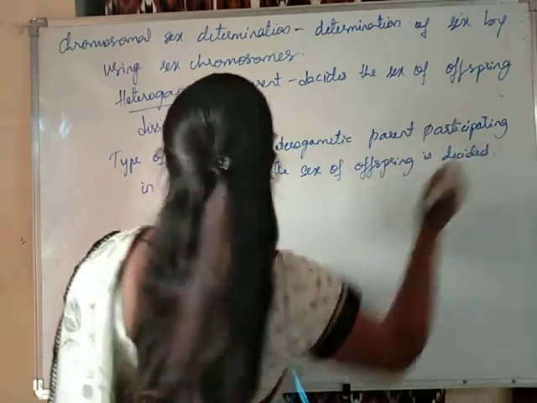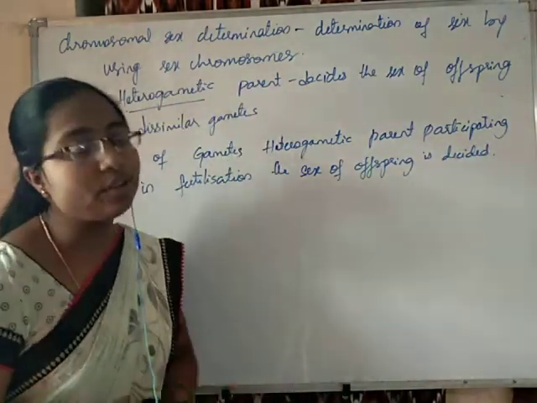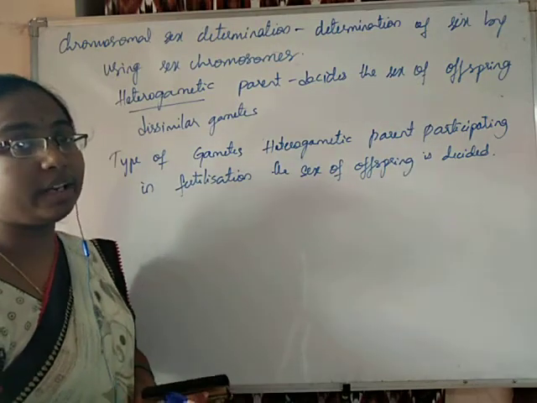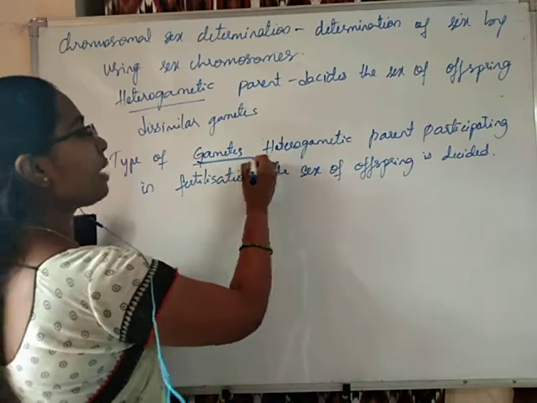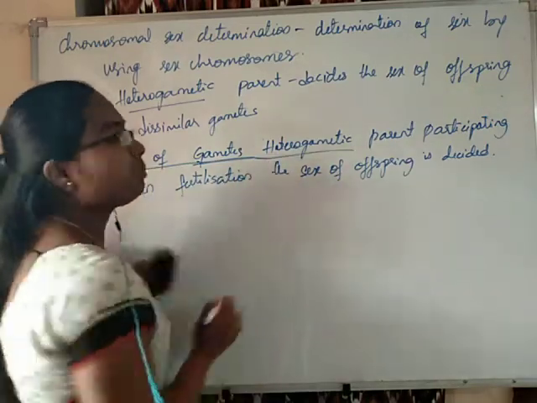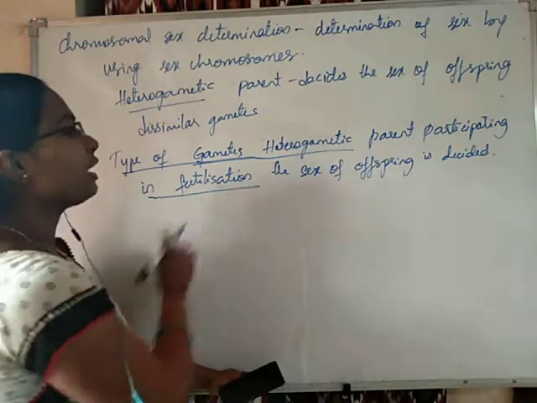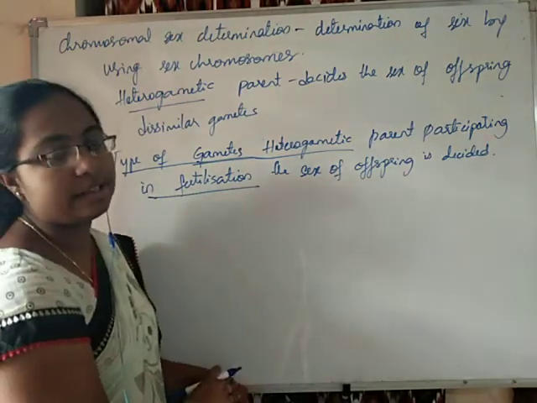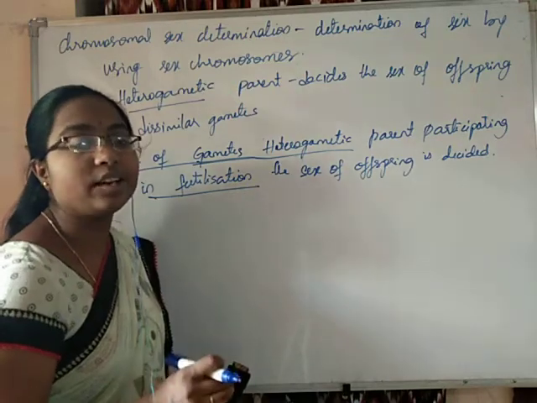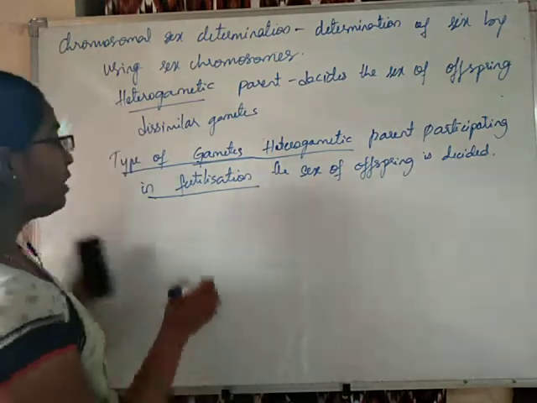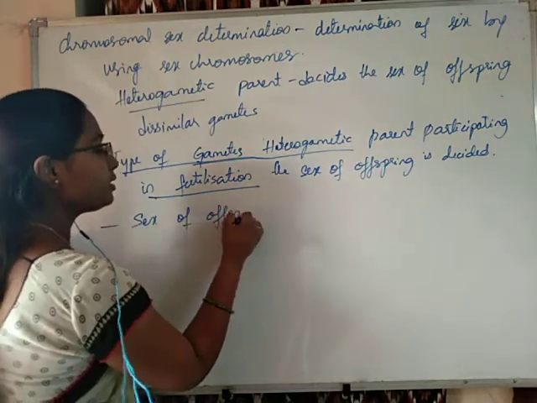So, we have learned that the heterogametic parent is deciding the sex of the offspring. How is the heterogametic parent deciding the sex of the offspring? Depending upon the type of gamete from the heterogametic parent which is involved in fertilization, the sex of the offspring is decided. That means the sex of the daughter individuals is decided during fertilization only. Sex of the offspring is decided